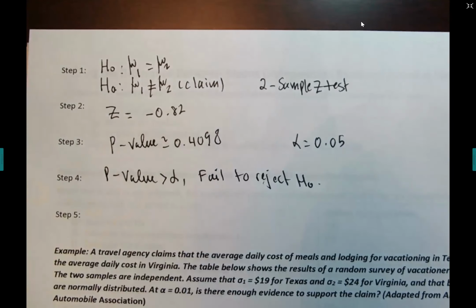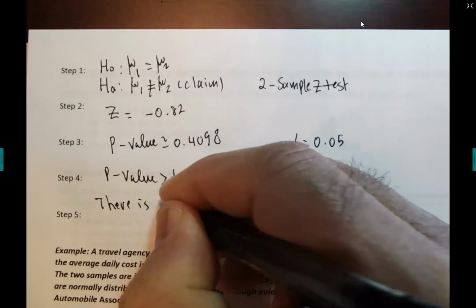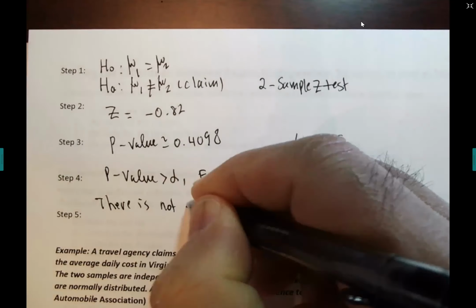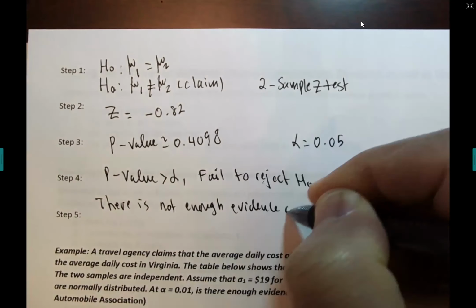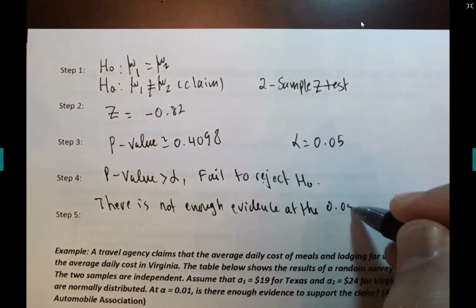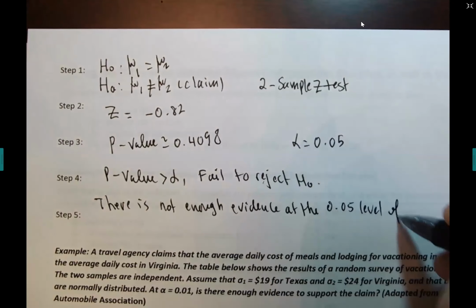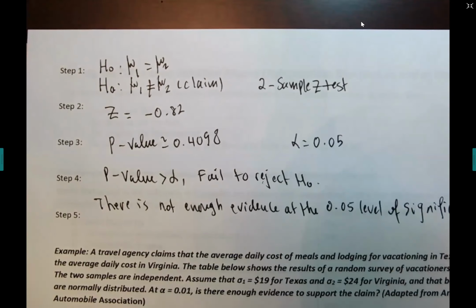Again, always when you fail to reject the null hypothesis, guys, that means you're saying the null hypothesis probably is not bad. That means you cannot support your claim. So you say there is not enough evidence at the 0.05 level of significance to support